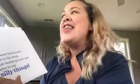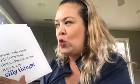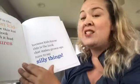My only friend in the whole wide world is a hippo named Boo Boo Butt. Boo Boo Butt. And also, the kid I'm reading this book to, that's you, is the best kid ever in the history of the whole entire world. Oh, really? And this kid is the smartest kid too, because this kid chose this book, even though it has no pictures. Because kids know